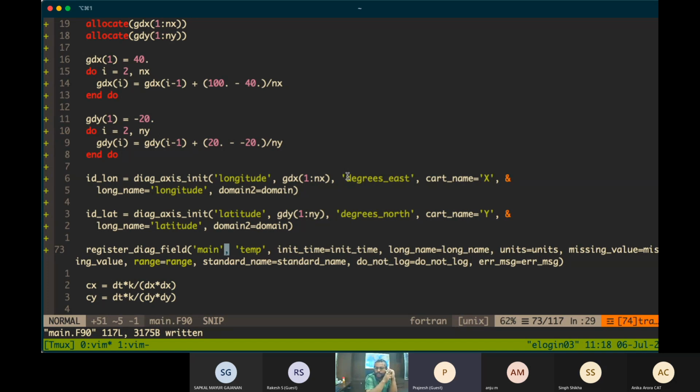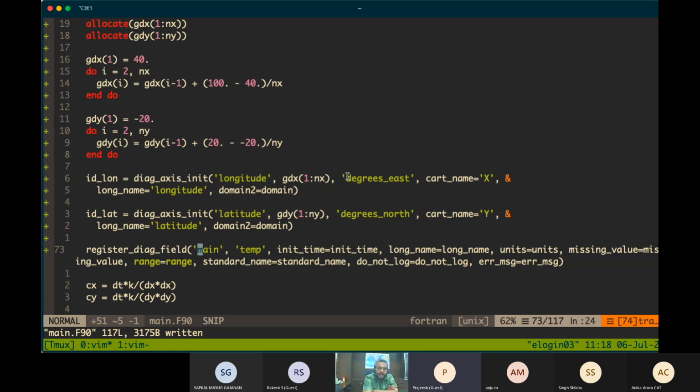So you can register that variable name as temp itself in all of these, and you can get a separate output from different modules by switching this module name in the diag manager.